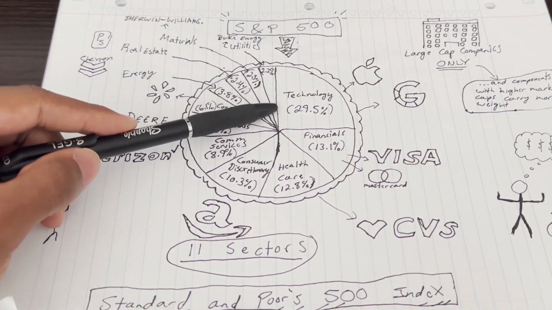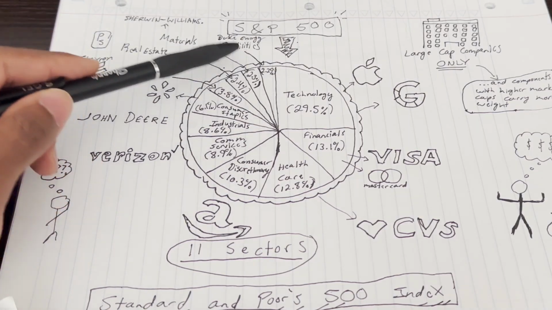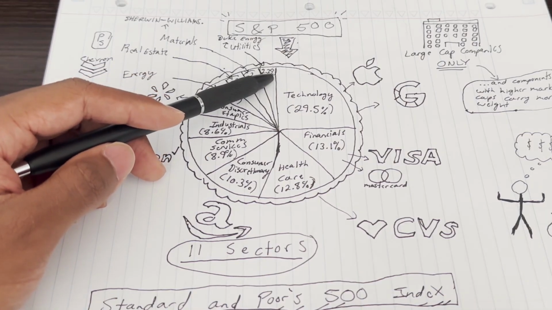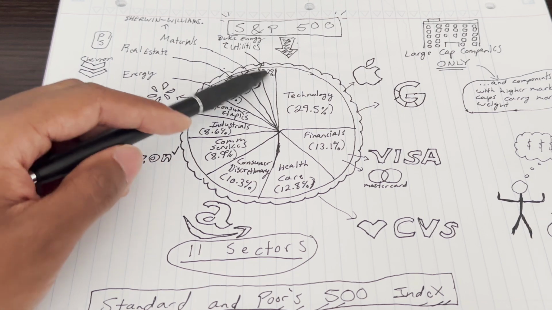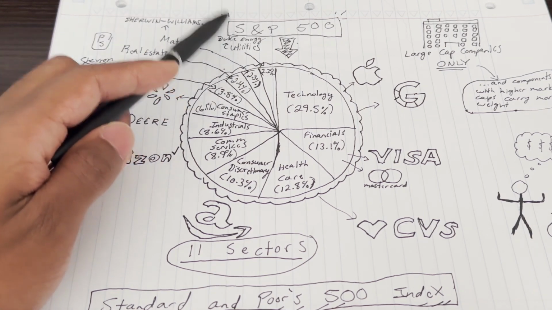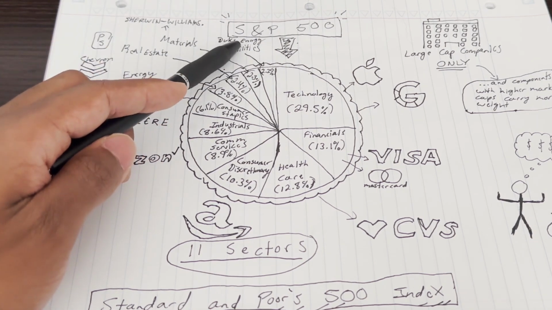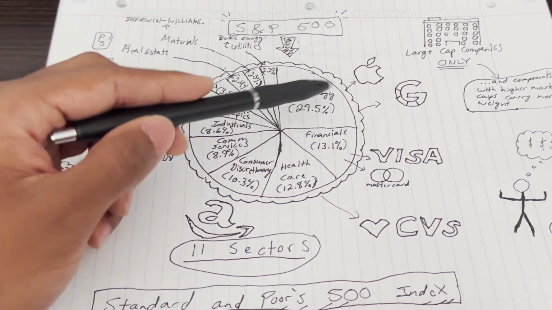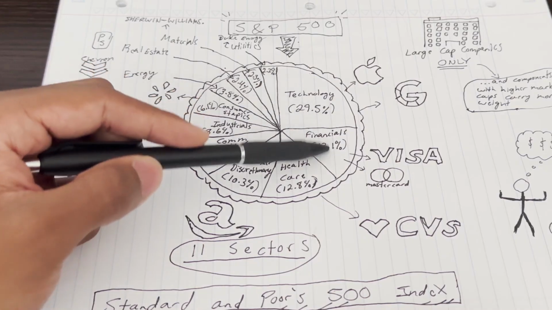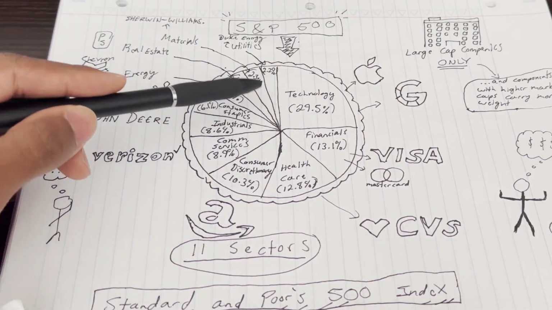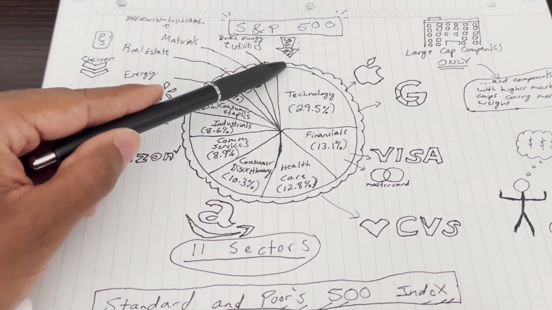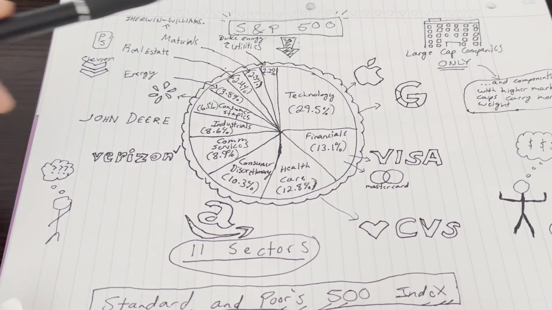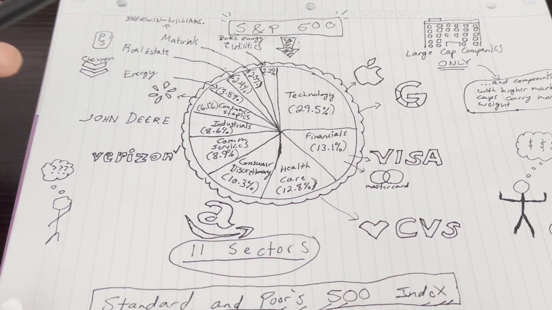And last, we have utilities, which makes up 2.2%. When it comes to utilities, I want you to think about your utility bill. So think about electricity. So stuff like Duke Energy, and there's several other examples, but this is probably the most well-known one. But yes, this is the S&P 500. So companies within these sectors are split up just like this. Now, for every sector, there's a ton of companies that represent every sector, but these right here around are just examples so you know how to put a face to a name with each sector.